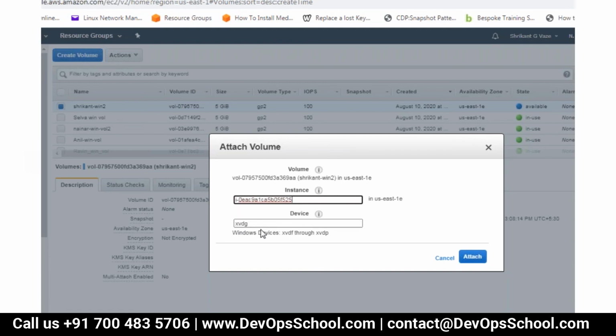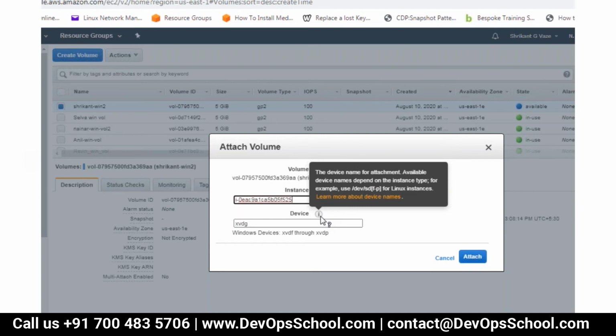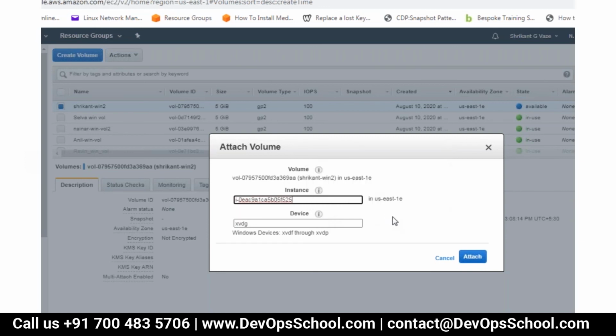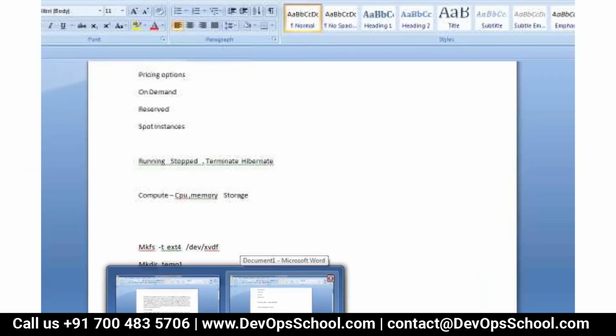So in Linux, what happens is every device has got a device name. Since Amazon is working on Xen, which is basically working on Linux, whatever volume you create, it will give you a device name. The same device name you can use in Linux when you attach it to an EC2 instance.